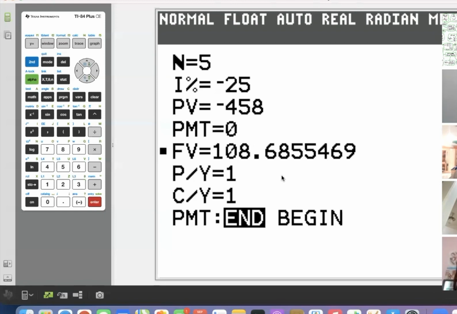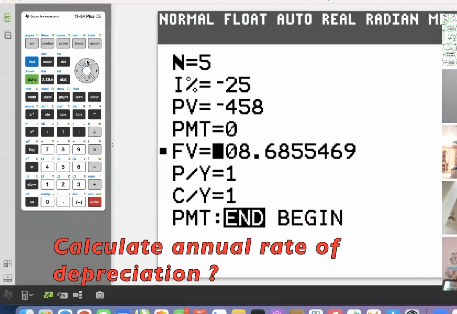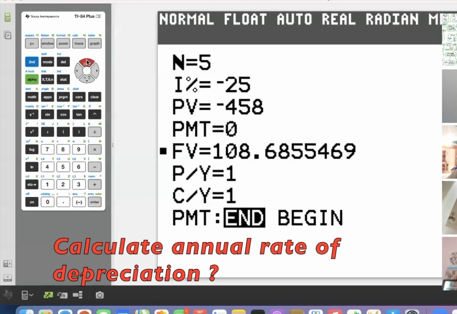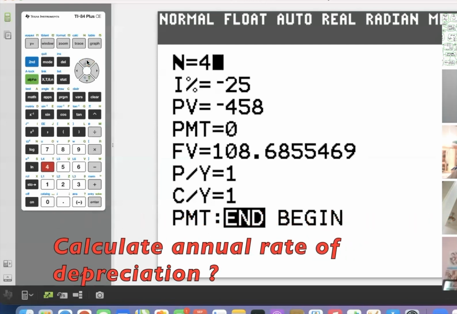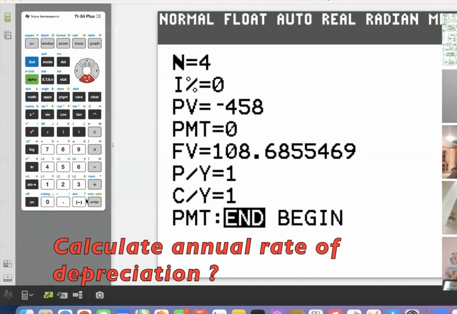A new sports car devalues from 68,000 to 26,388 over 4 years. We want to calculate the annual rate of depreciation, compound interest per year. Okay, so we can see number of compoundings will be 4. Interest, we want to find the annual rate of depreciation, so that we can put at 0. Present value is negative 68,000, right? Negative